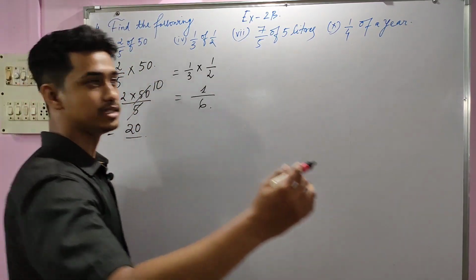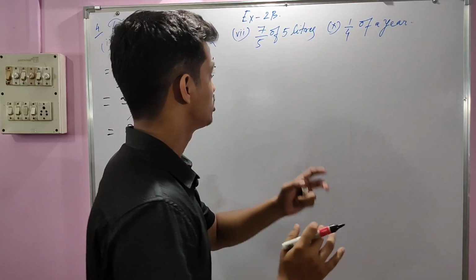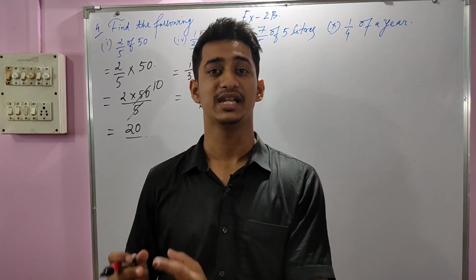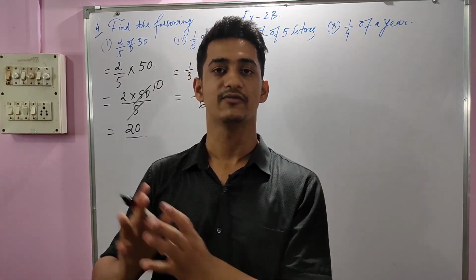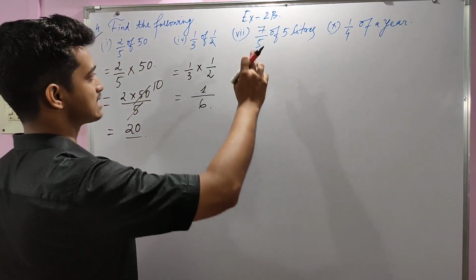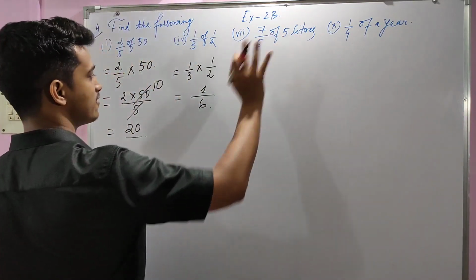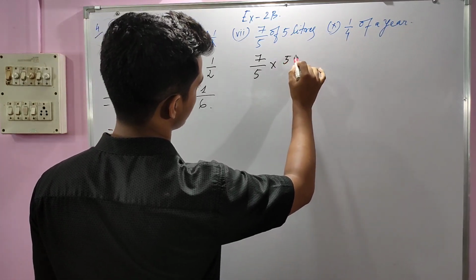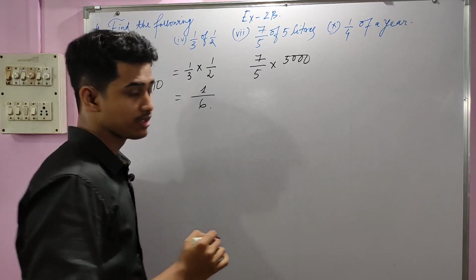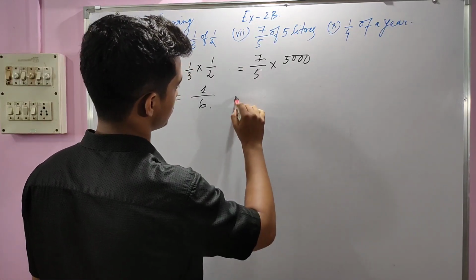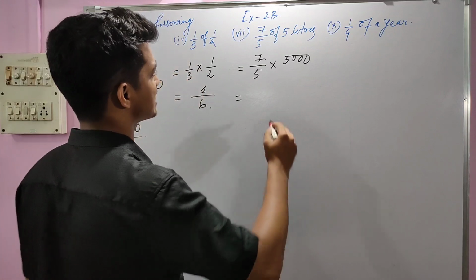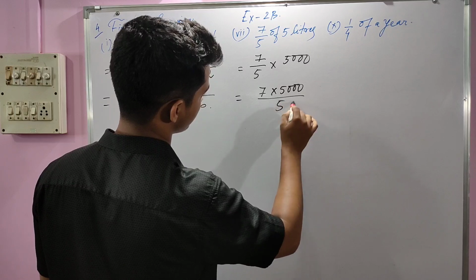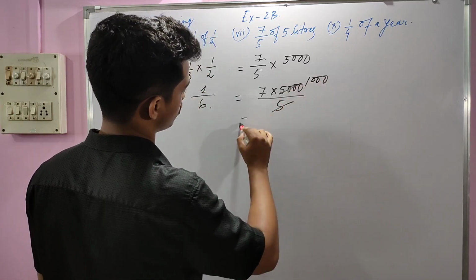7 by 5 of 5 liters. 7 by 5 of 5 liters. So let's say 5 liter is the total amount. So that is basically 5 into 1000 ml. That is 5000 ml. Now we have to find out 7 by 5 portion of 5 liters. So that is basically 7 by 5 into 5000. Basically 7 into 5000 by 5, that is 1000. So basically 7000